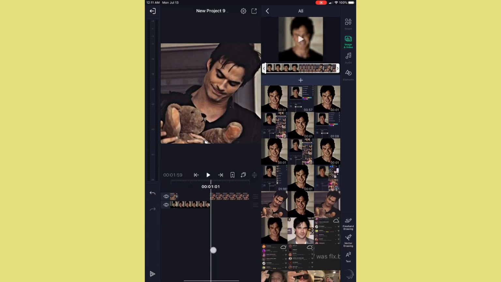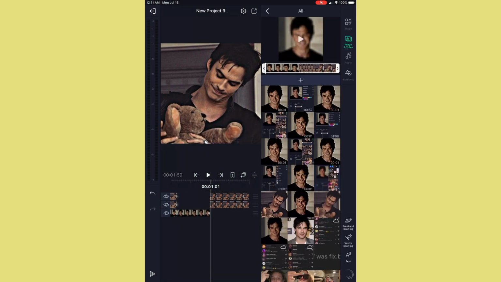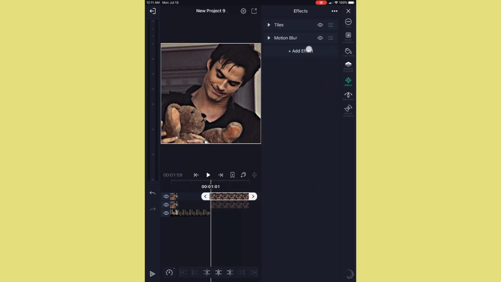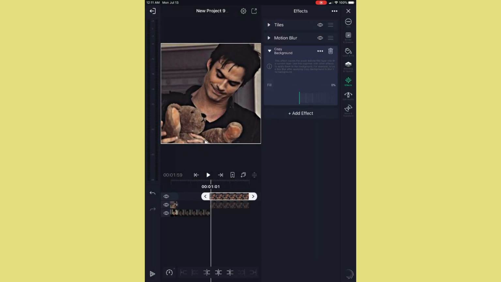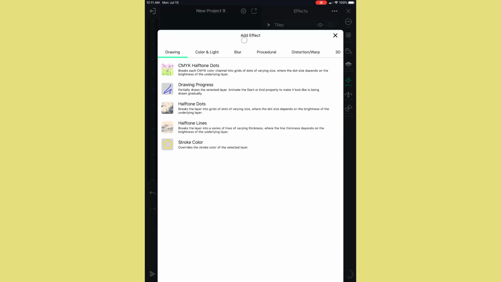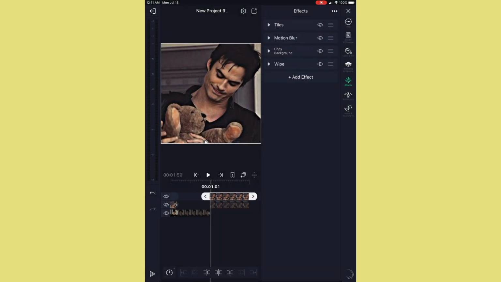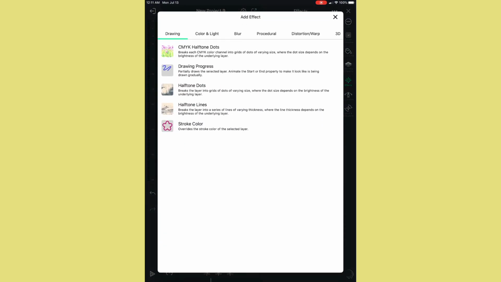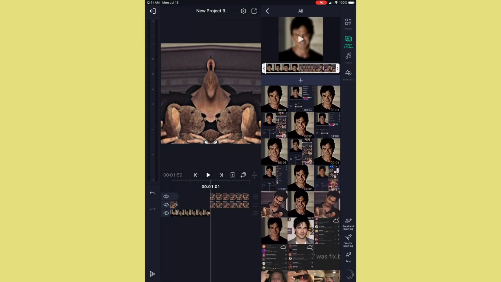And then on your second photo, tap it and then hit this little two squares and plus, and then hit duplicate layer, and then go on to your first one, effects, add effect, go all the way to the end where it says other, and then hit copy background, hit add effect, and then go on to matte masking key and then find wipe, hit end, and then just turn it to 50.0 so it looks like that, and then hit add effect, distortion and warp, and then just hit mirror like this,